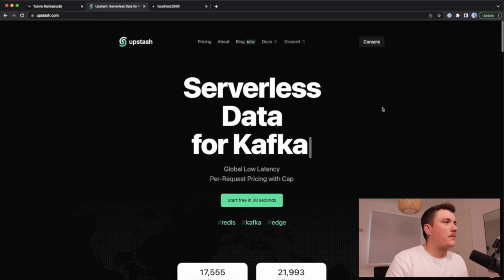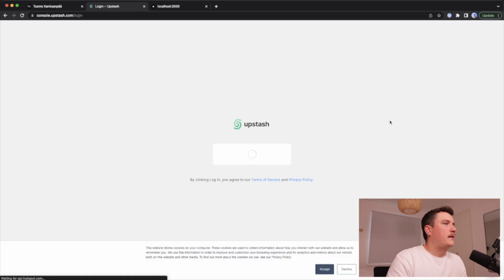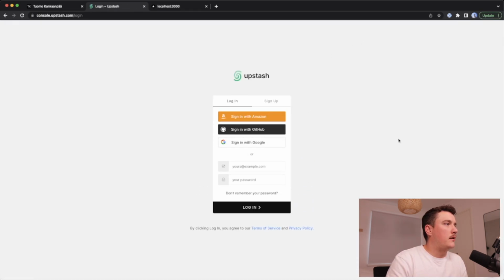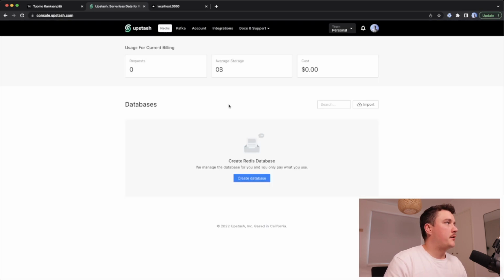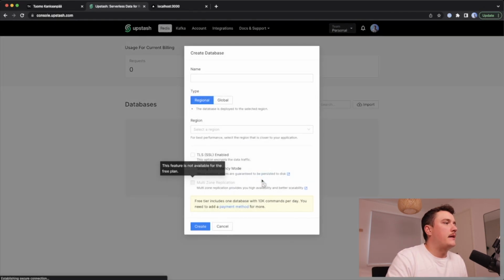So let's go back up here and click the console, and you will be prompted with the login or sign up form. If you don't have an account yet, you can create one for free. For me, I already have one, so I will just log into that. Okay, now I'm logged in, and the plan here is actually to create a Redis database inside Upstash, then get the connection information for that database and add it to our code so our code can interact with the Redis database. So once you are logged in, go to the Redis tab up here and then click Create Database,